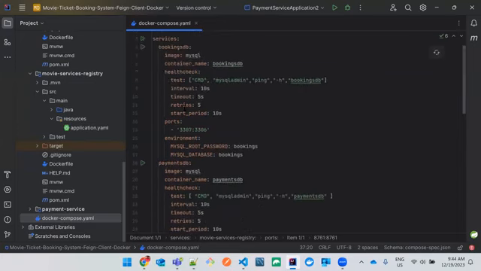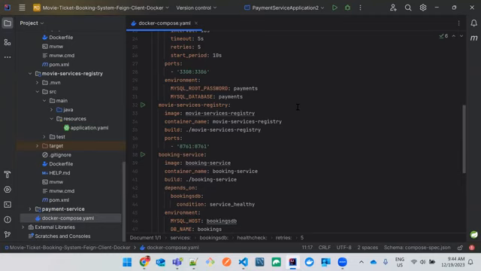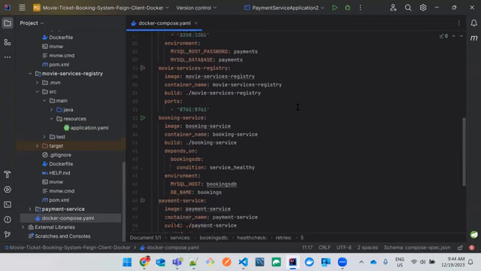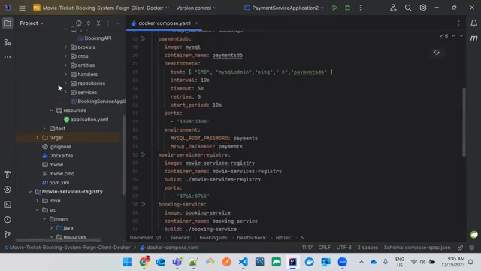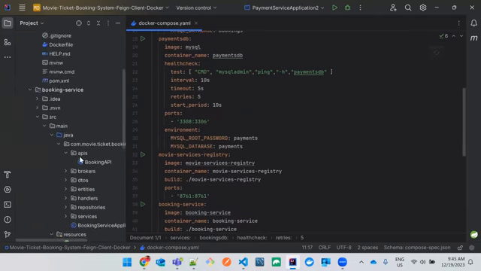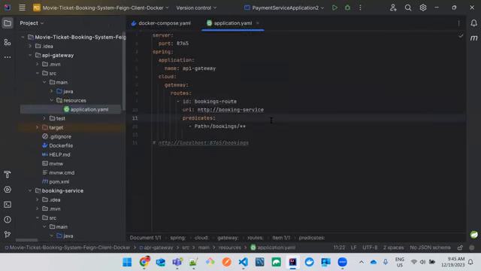So right now we do have a payments DB, bookings DB. These are MySQL databases, followed by movie services registry, which is a Eureka server. Booking service, payment service, and the API gateway are the service names. That means the Eureka discovery clients. Okay. So this is a total Docker Compose file, and this is API gateway where we are actually working on this particular routes. Okay, and